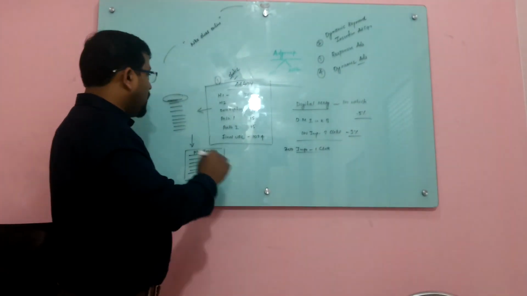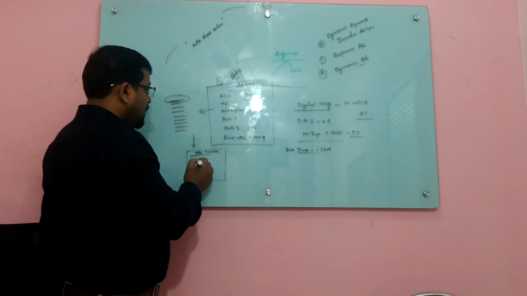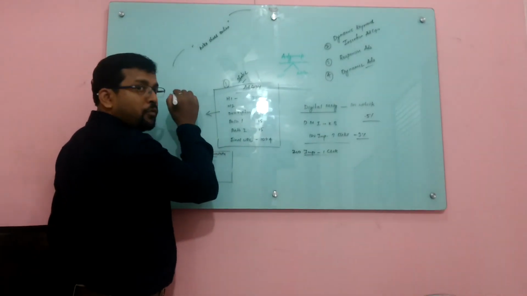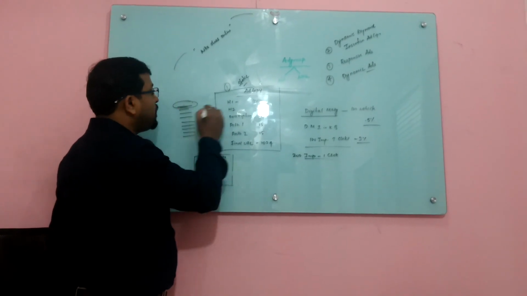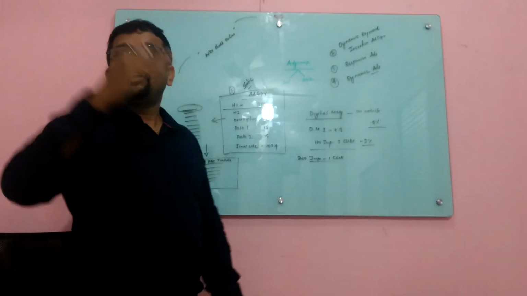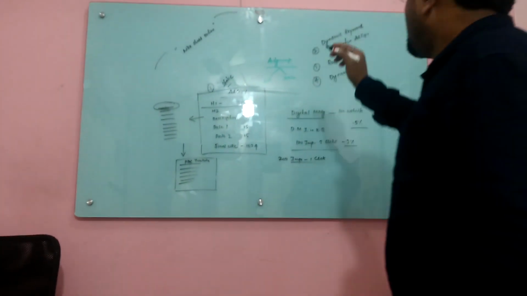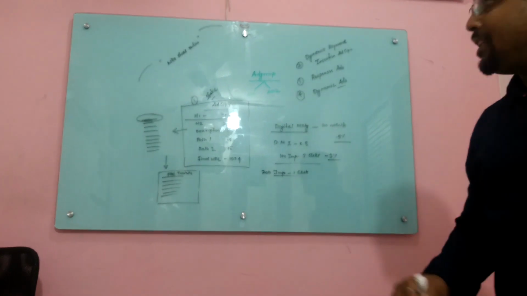Now what happens with dynamic keyword insertion ad copy is, whatever query is searched by the user, with whichever keyword of your list it matches, this keyword will replace the headline completely. So it will dynamically change. It creates a sort of relevancy. Yes, absolutely correct. So that is what happens with dynamic keyword insertion ad copy.